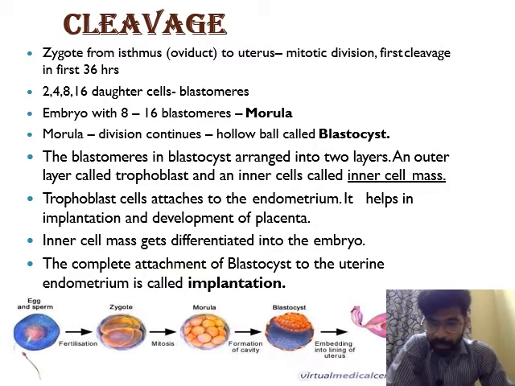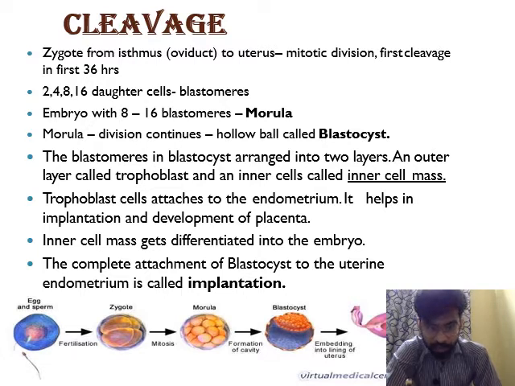This is cleavage. Cleavage means division, or you can say when we divide, this is a cleavage. So the zygote forms in the ampulla isthmic area in the fallopian tube, and in the zygote there is a series of mitotic divisions, then 2 cell stage, then 4 cell stage, 16 cell stage, and 32 cell stage will form. So these are the events that will occur in cleavage.